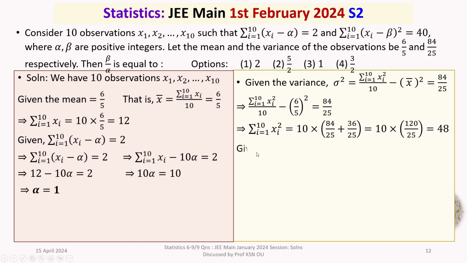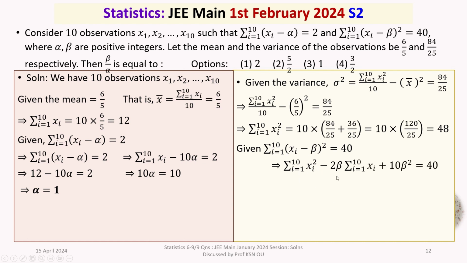Now we are given sigma i equal to 1 to 10 of (xi minus beta) whole square is equal to 40. So (xi minus beta) whole square is equal to xi square minus 2 beta xi plus beta square. When summed up, you will get sigma xi square minus 2 beta into sigma xi, plus beta square added 10 times, that is 10 beta square, because this is to be added for i equal to 1 to 10, and that is equal to 40. Now sigma xi square substitute 48, sigma xi substitute 12,